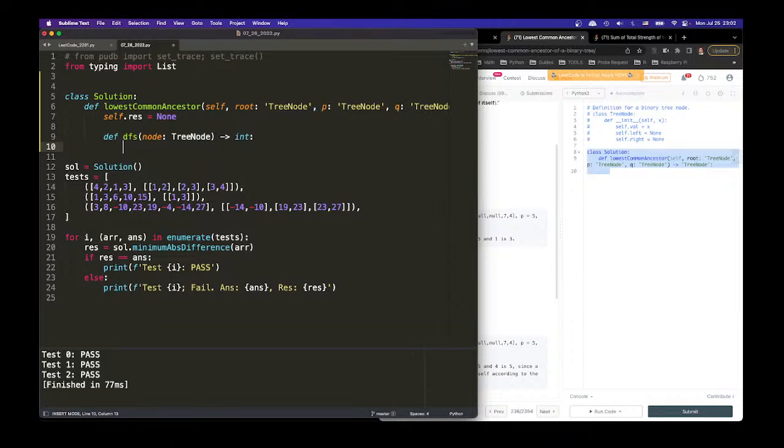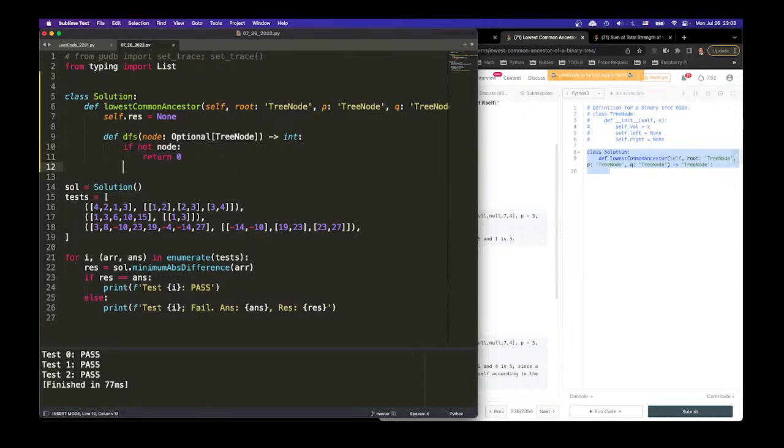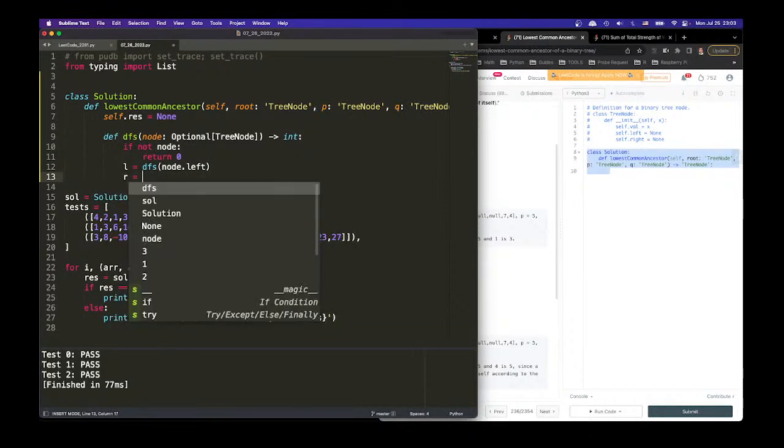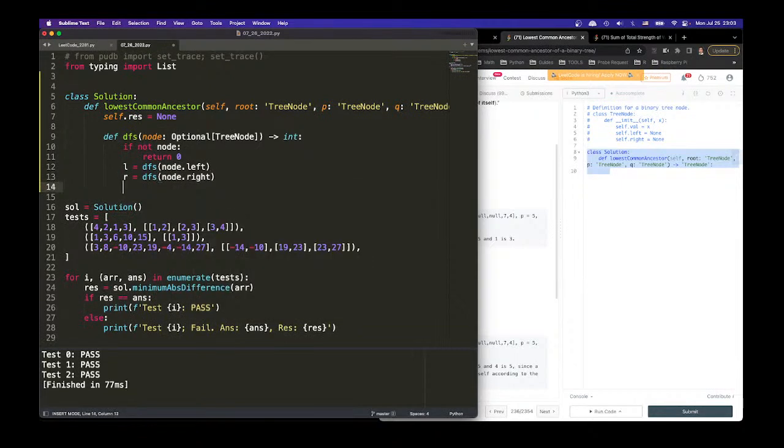I want to see if not node, then we'll return 0. Otherwise, L equals dfs node.left, R equals dfs node.right, and current will equal L or R or